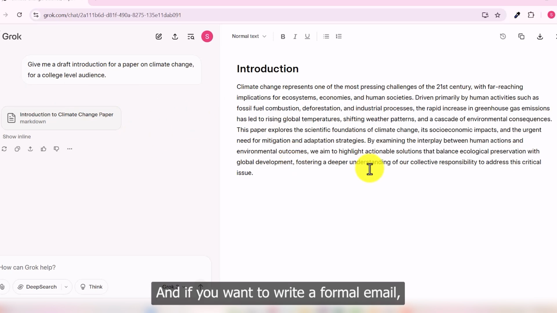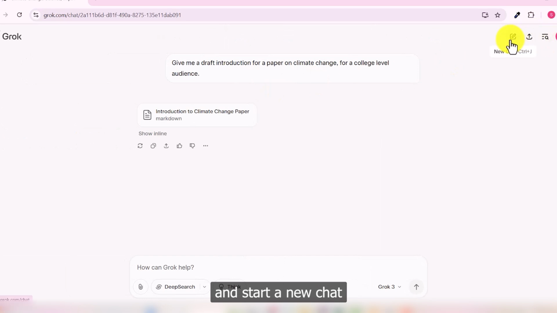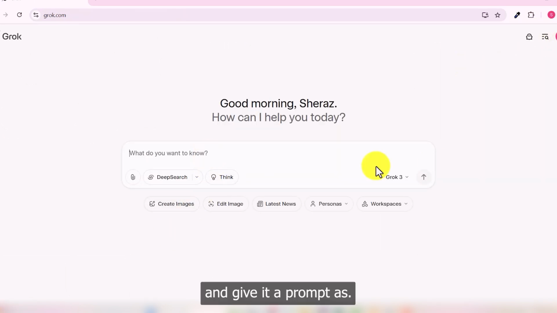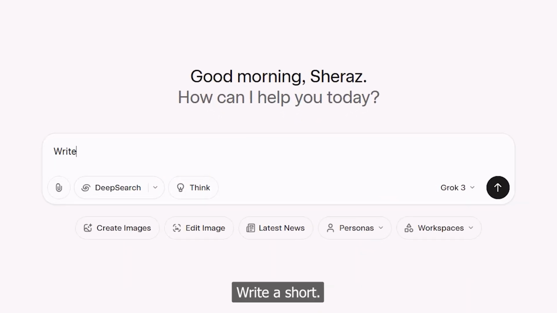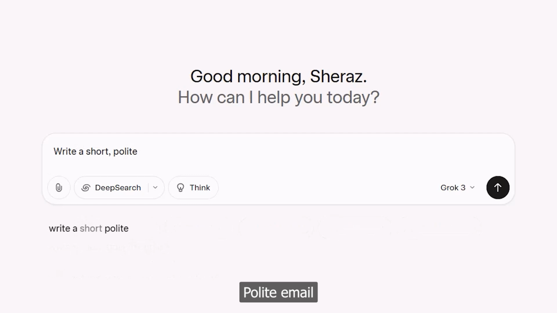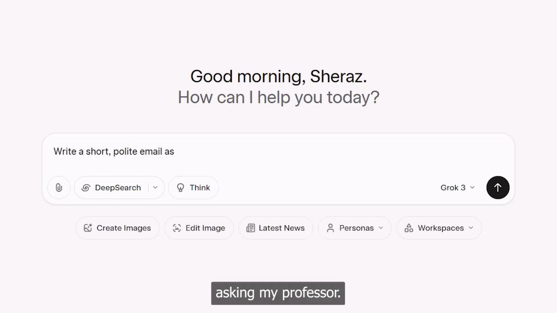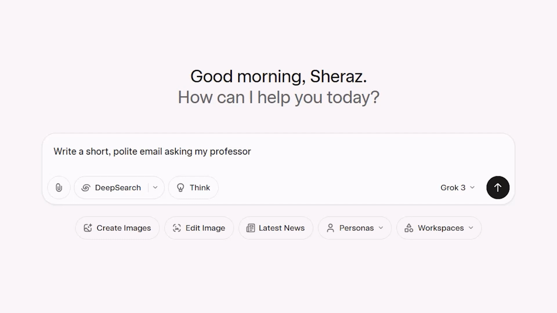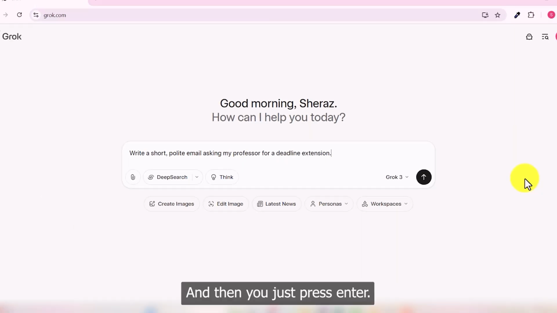And if you want to write a formal email, you can just close this window and start a new chat and give it a prompt as write a short, polite email asking my professor for a deadline extension. And when you just press enter,